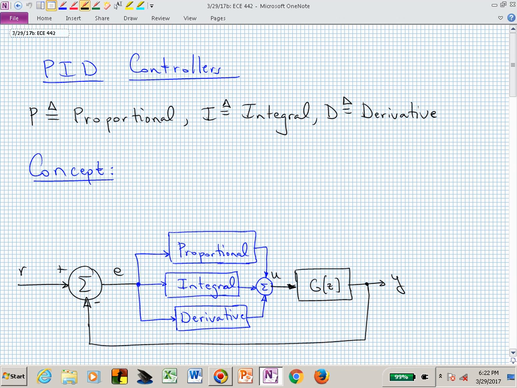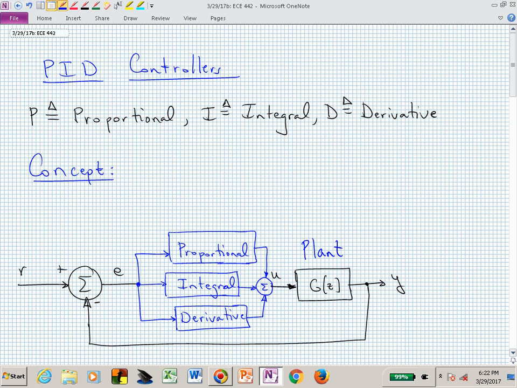In a block diagram, when you hear a PID controller, you might be envisioning this block diagram configuration. You have your system, your plant, G of z, and now really you have 3 different pieces or parts to a controller. You have the error signal, which is this R minus Y,